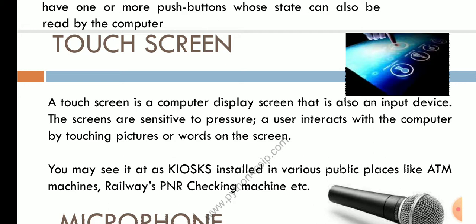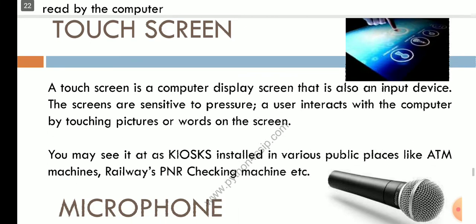So instead of using keys, they'll be placing touch screens to avoid this problem. In public areas, like railways and ATMs, most probably they'll be placing touch screens to make it safe.